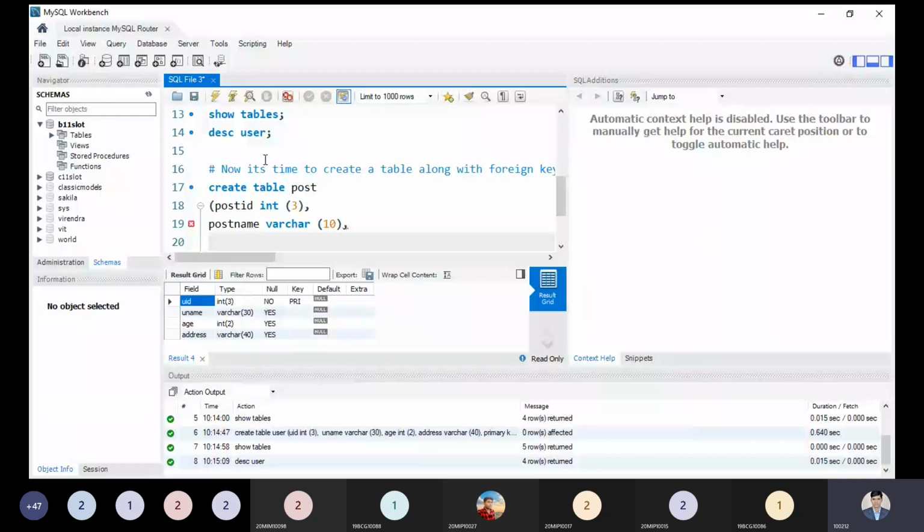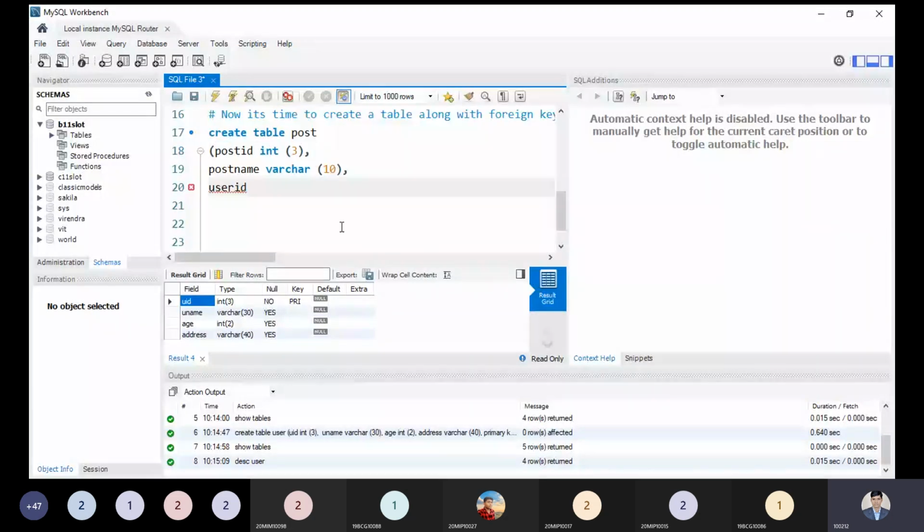So UID is the name of the attribute there, but here you can take user ID. We can take a different attribute name. It doesn't matter whether you take the same name or a different name, a different attribute name or column name. Please keep in mind it doesn't matter what name of the column or attribute you are taking for making the field. So user ID, I'm taking a different name over here for understanding purposes. In the user table it was given as UID. So user ID I'm taking, and I'm taking the integer. I'm taking 5. No issue. In the user table it was given as 3, so we can take 5. No issue.